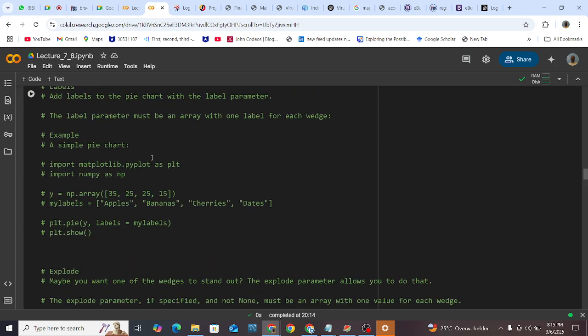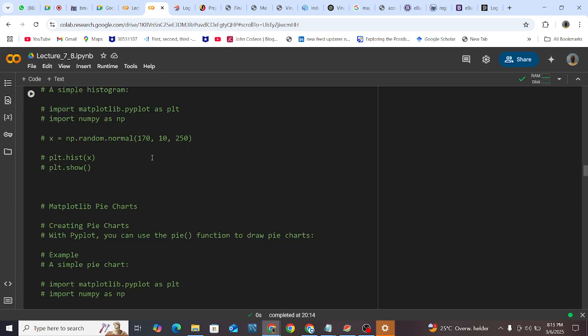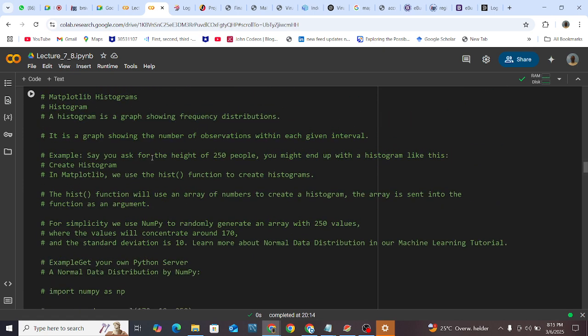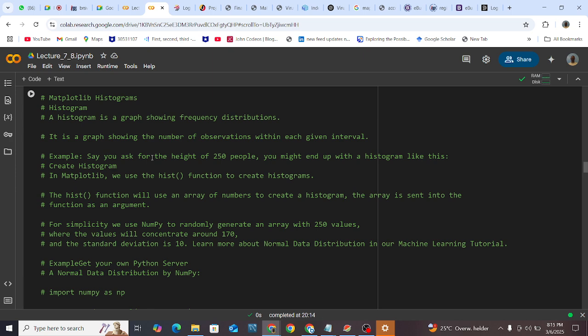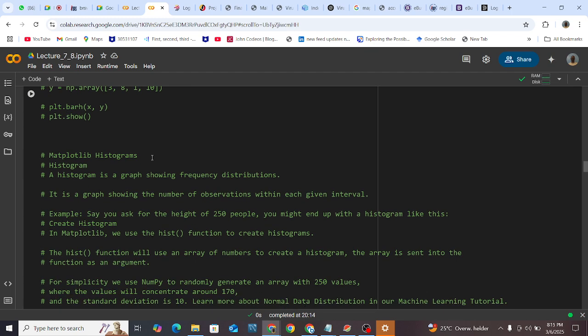Then after that, I think the other visual that I would like us to check is something we call the pie chart. Also, not before the pie chart, let's check how you can create a histogram. Because you understand that when you are doing analysis, you might want to check the frequency distribution of your data. And again, now we have a function that is called hist, and with the hist function, you're able to create a histogram